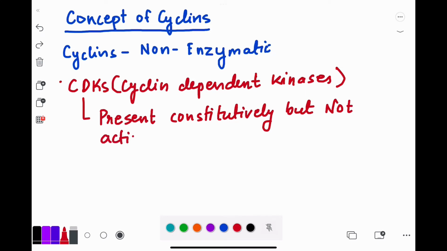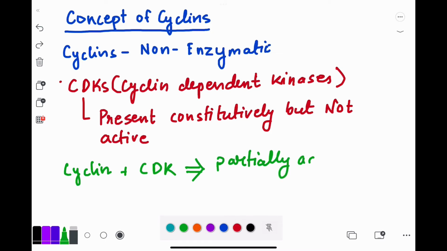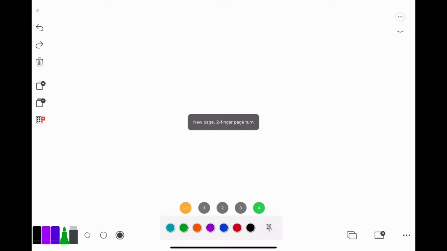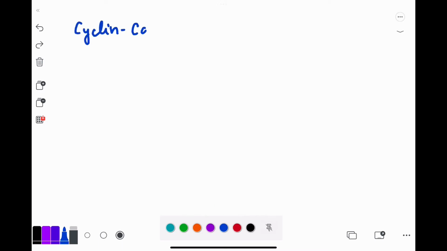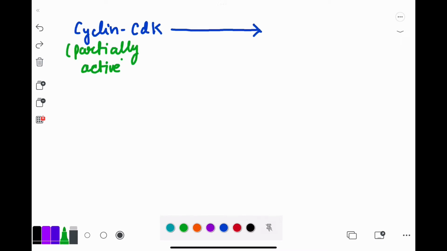But when the cyclin and CDK bind to each other, the cyclin causes partial activation of the cyclin dependent kinases, or CDKs. Kinases phosphorylate and cause activation. Now let us understand this flow chart. First, cyclin and CDK bind, which causes partial activation. This is partially active. And upon this cyclin CDK complex,